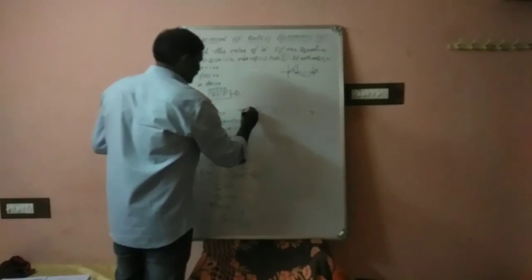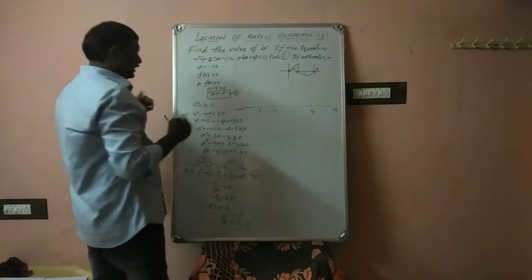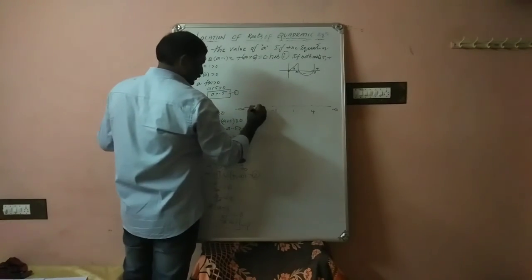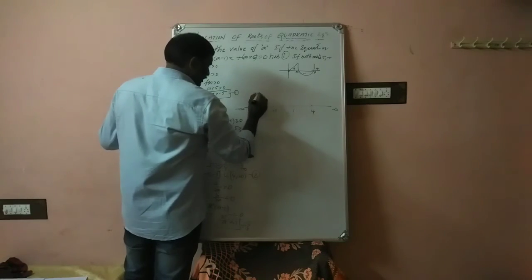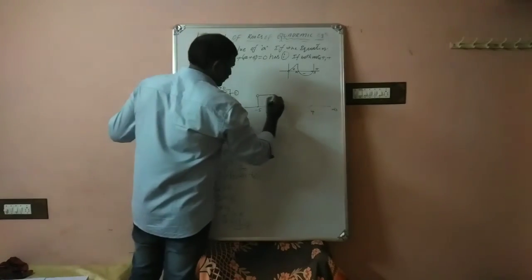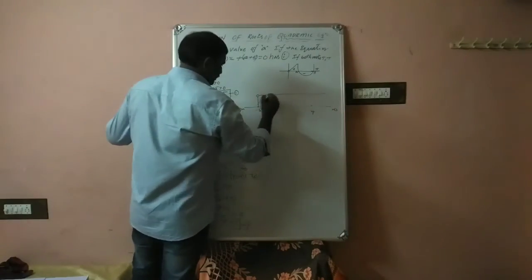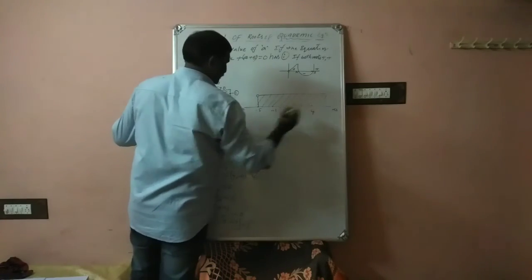Now this is minus infinity and this is plus infinity. Coming to the first one, a greater than or equal to minus 5. So a greater than or equal to minus 5. This is greater than, not equal to. So up to these values are the intervals. So we can draw any lines or shade.